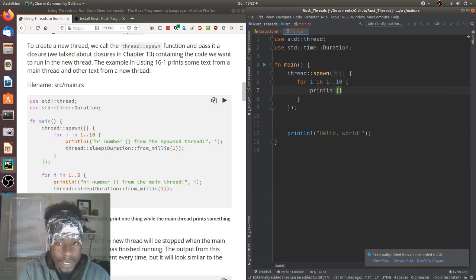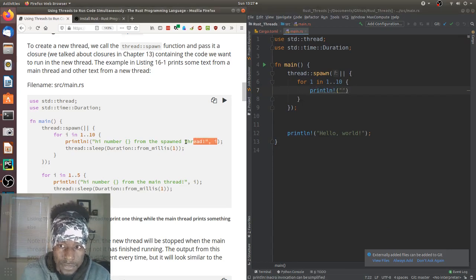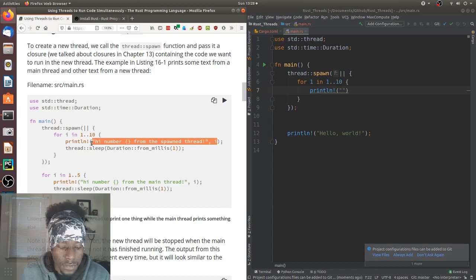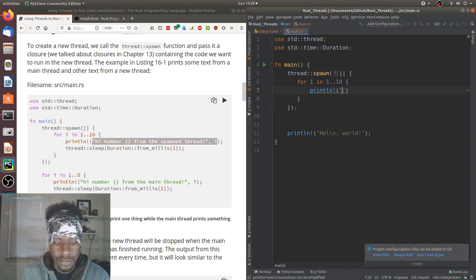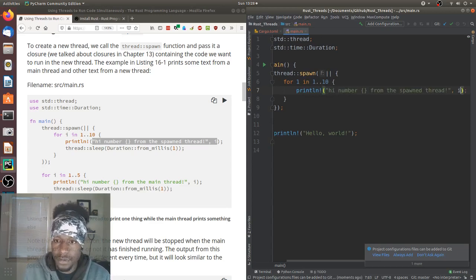Println. I'm just going to copy this part. Hi number blank from spawned thread. Semicolon. And then we're calling thread::sleep, and we have the duration passed in.